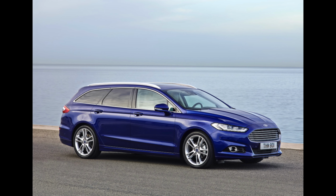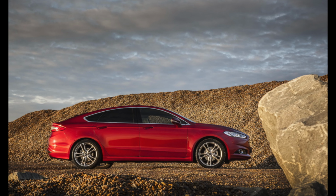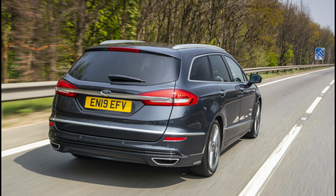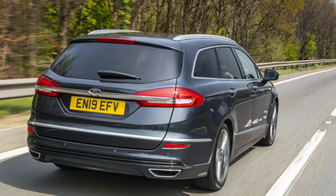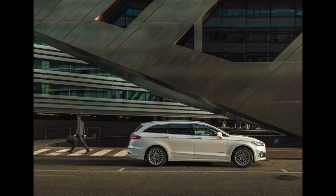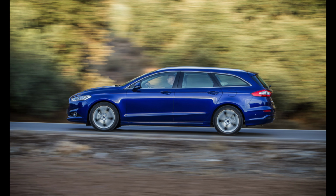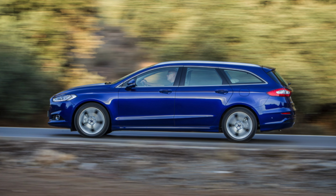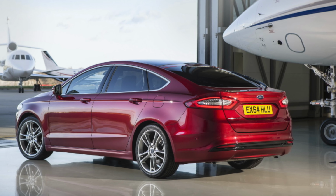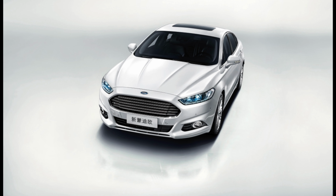The 1.6 and 2.0 TDCi units are well-known engines designed together with PSA. Every mechanic knows them, and they do not stand out negatively in terms of durability compared to the competition. The faults do not go beyond the turbodiesel standard: dual mass flywheel, injection system, or turbocharger wear. 1.5 TDCi is a slightly reduced and modernized version of the 1.6. There is no need to be afraid of it, because it does not generate additional problems compared to the older